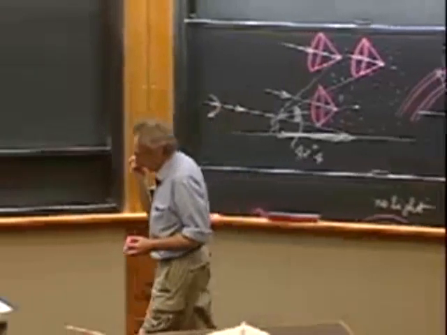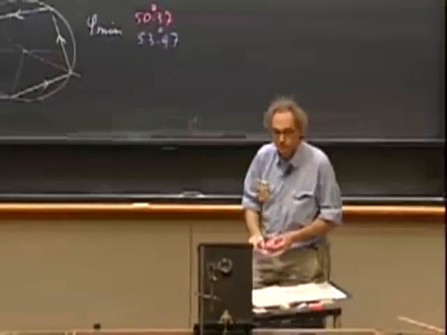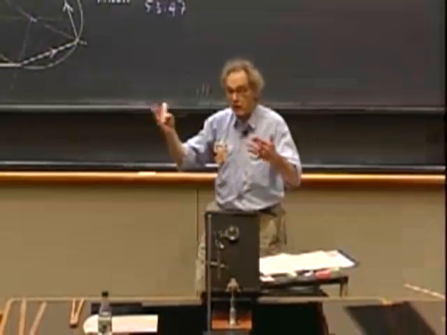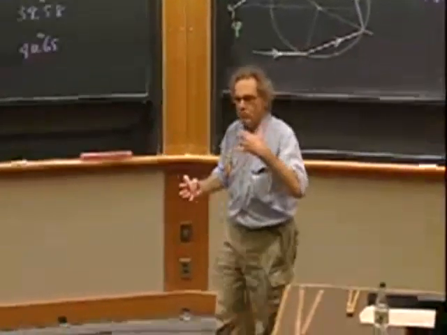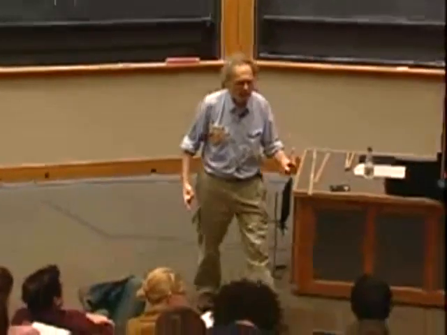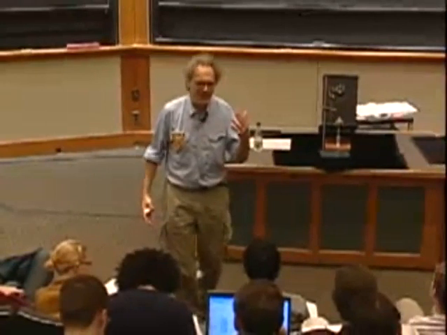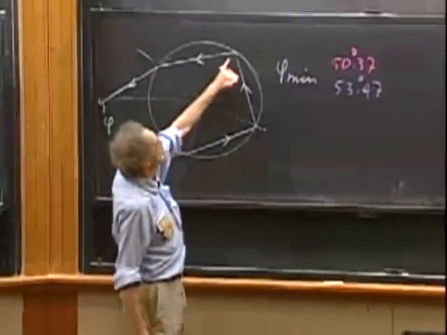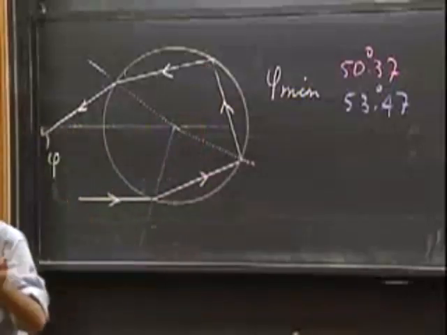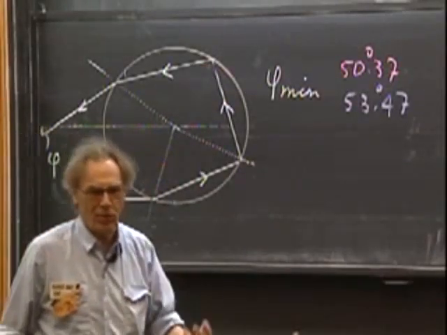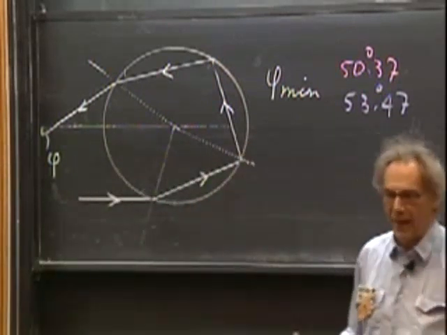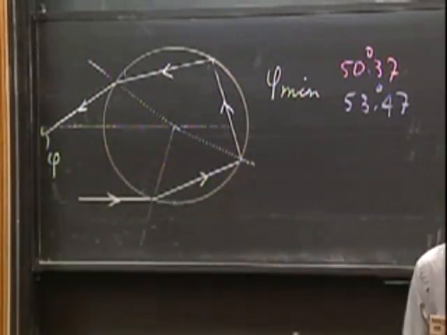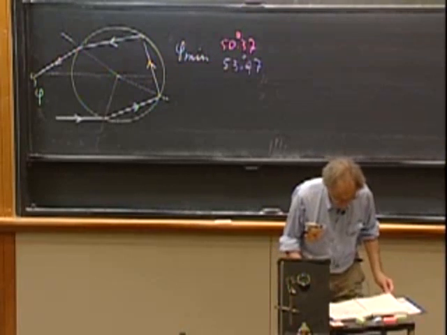Now the secondary bow is much fainter. And that's why many of you who have been staring at rainbows were so impressed by the primary, which is so dominant, that you don't pay attention to the secondary. It's much fainter. The reason why it's fainter, as you know because you worked with Fresnel equations, is that you have an extra reflection inside the water drop. That means, of course, the light intensity goes down dramatically. The secondary is substantially fainter.